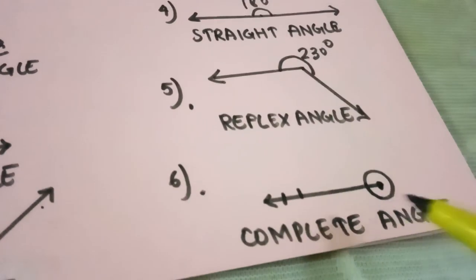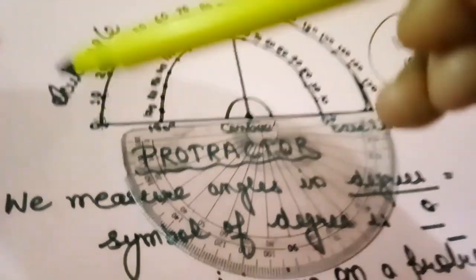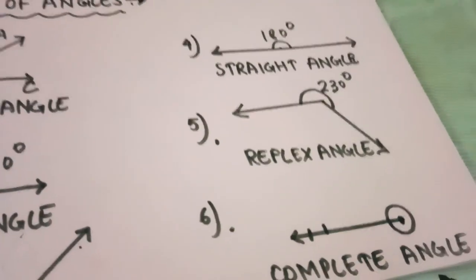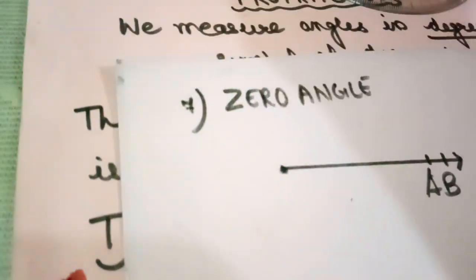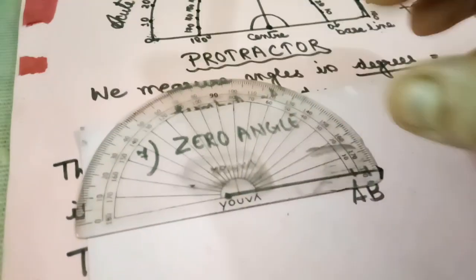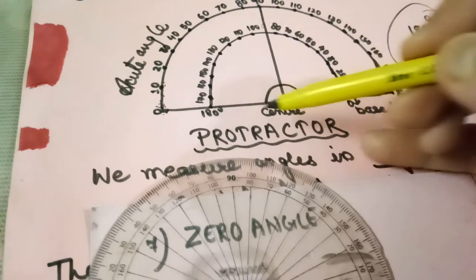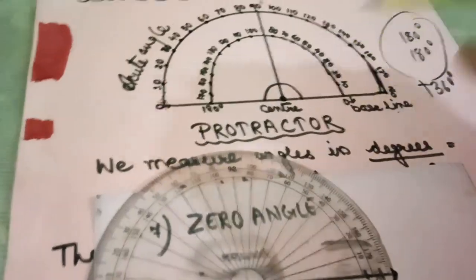Now sixth one is complete angle. Complete angle is an angle which starts with 0 degree and completes a complete rotation, that means 180 upside and 180 down, that means 180 plus 180, 360 complete, that is known as complete angle. And last one is zero angle. Zero angle is exactly at 0 point. 0 point means an angle which lies at 0 only. Here you can say the center point is here and 0 is here, one half line which lies at 0 angle.